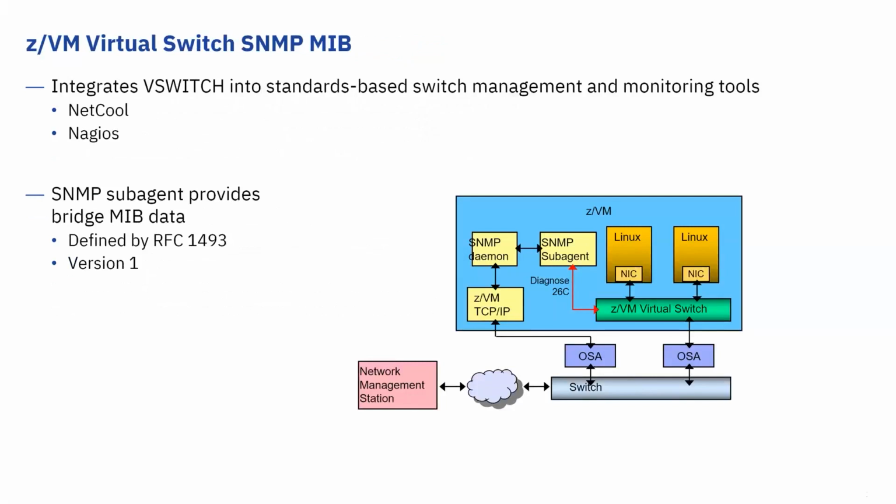Now, switches are typically monitored in a network. And there is a management information base, or MIB, for the Simple Network Management Protocol, which doesn't really manage networks, and it's not really all that simple. But SNMP is there, and there is a MIB that allows you to monitor a virtual switch the same way you would monitor a real one. Okay, so whether it's Nagios, whether it's Netcool, there are a variety of open source and commercial solutions